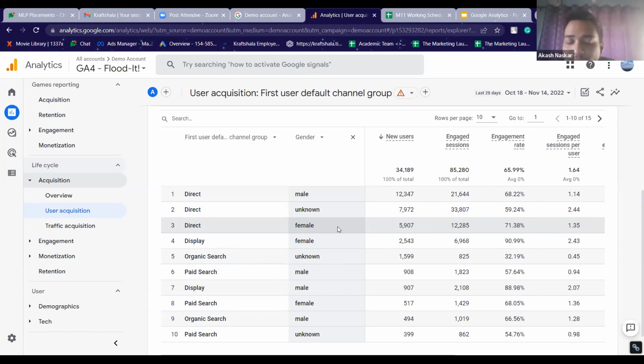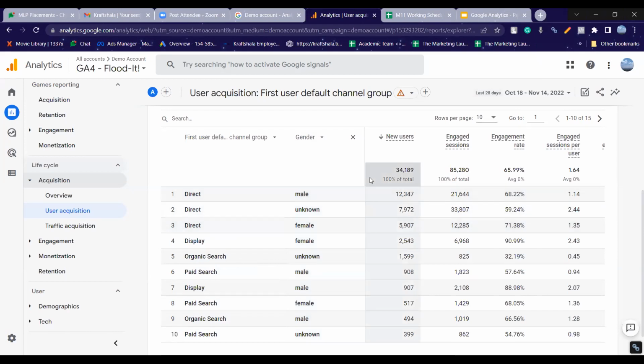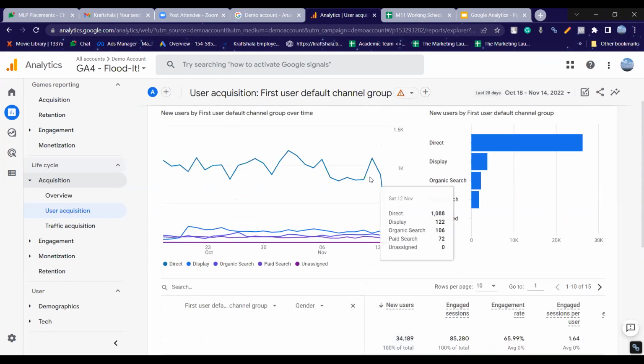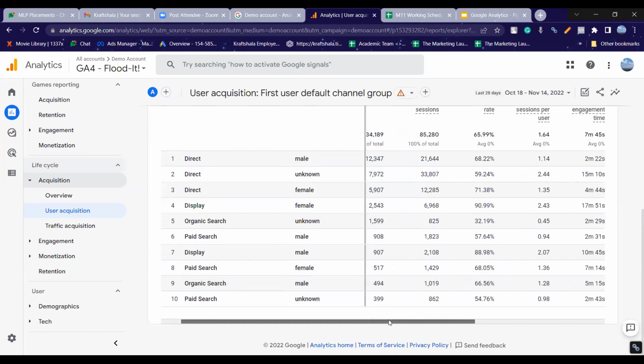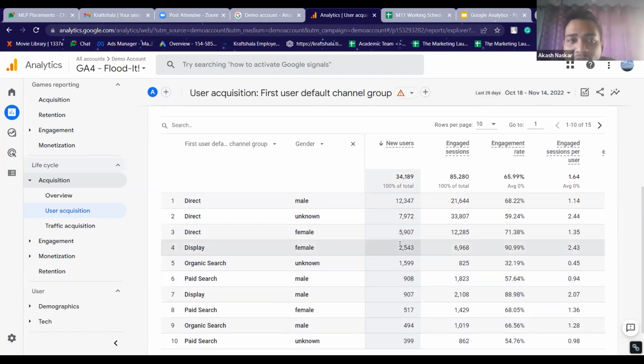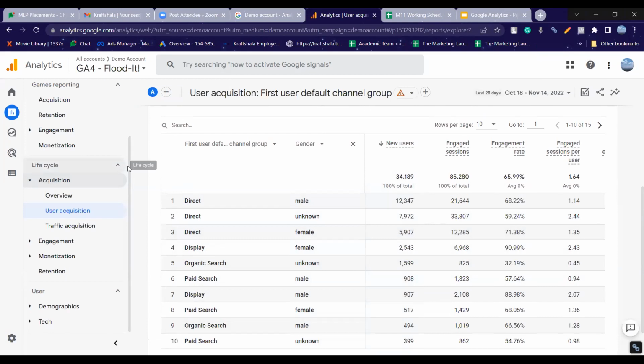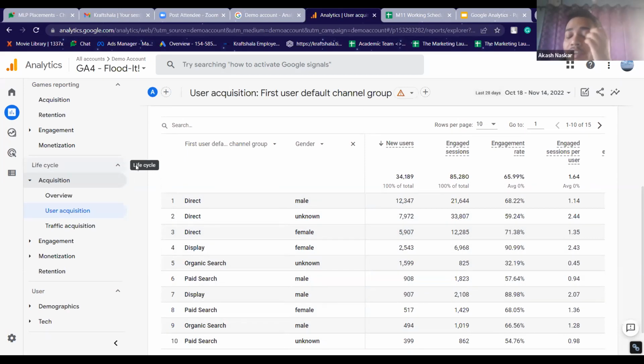Cool. Ananya, you have a question? Yeah, Akash, before we could see in Google Analytics the unique users number also, right? But I'm not finding it here in this UI. What do you mean by before? I tried Google Analytics 6 months ago. Which version had you tried, 3 or 4? Probably 3. In 3 you can get it. In 4 it is not available, unique numbers. Okay, got it.